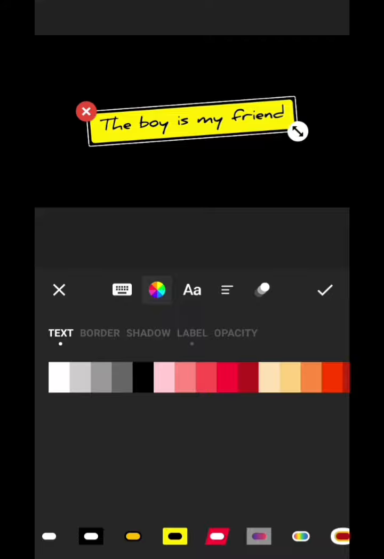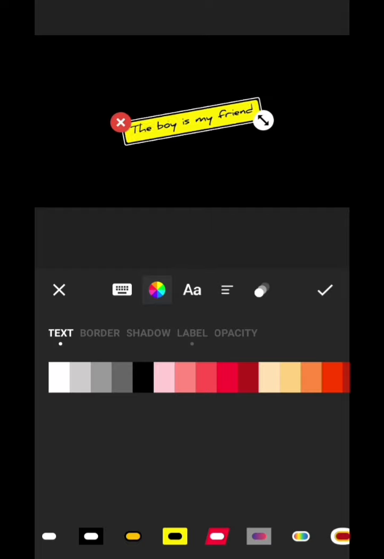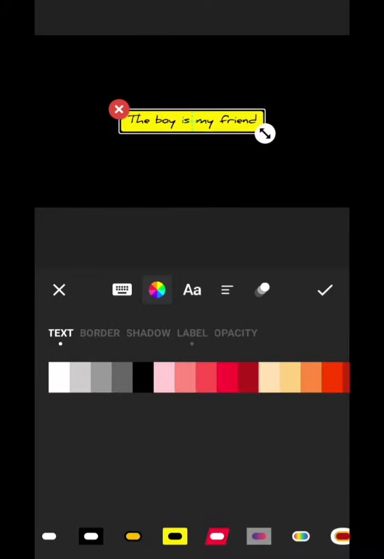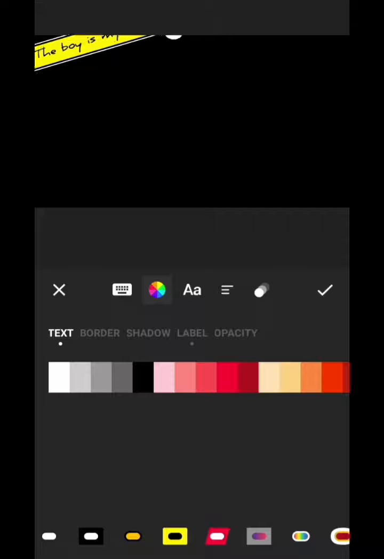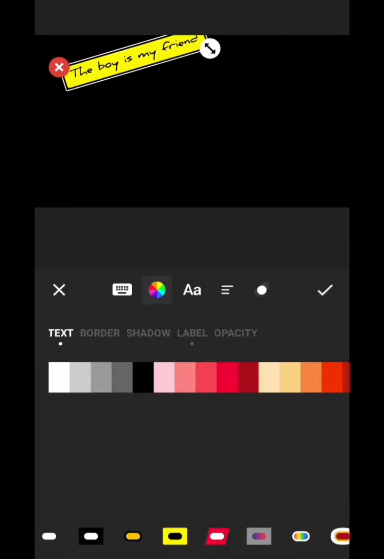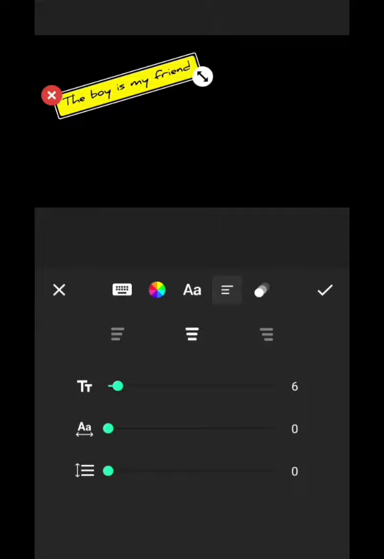You can align these however you want. All you have to do is click on the double-sided arrow, press on it and carry it left to right wherever you want it to be adjusted. If you want to move the words on the screen, just press down on them and move them anywhere. Let it stay right there, and you can click on the lines that are beside the AA,